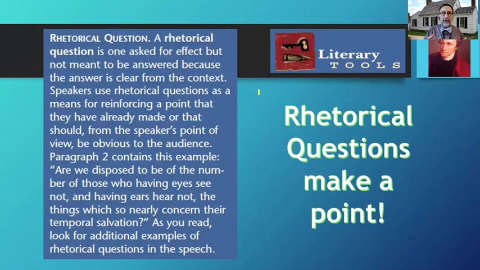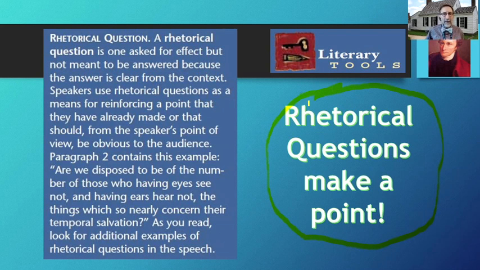All right, so one of the literary terms for today is going to be rhetorical question. And there's a big explanation there with examples. You're going to see plenty of rhetorical questions in the speech. In fact, I think the greatest body of the speech is made up of rhetorical questions. But here's what's important about rhetorical questions. They're easy to see that they're questions because there's a question mark at the end. But most times when you use a question mark, you want an answer. You want somebody to respond.